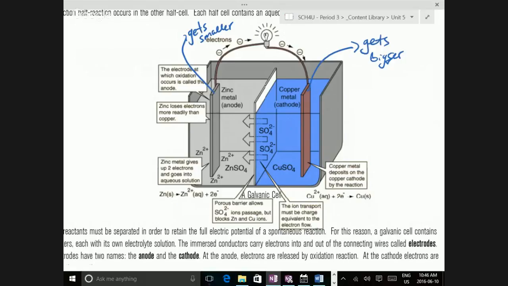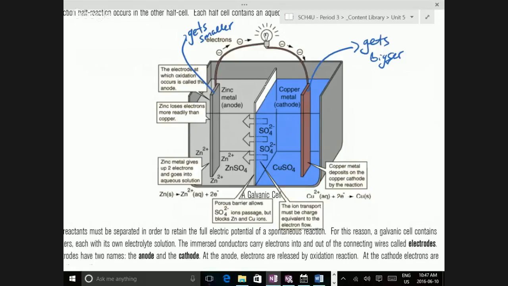Does that make sense? So we separate them. Actually, pardon me, no, it wouldn't be sodium sulfate, I'm lying. It would be something insoluble. I'm not sure off the top of my head. I should know that. I should look that up. I will. But anyway, we use a salt bridge between the two